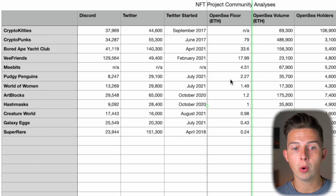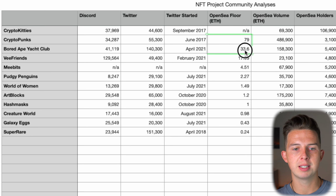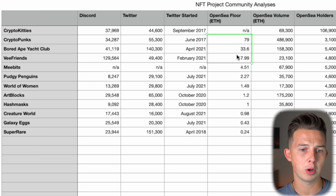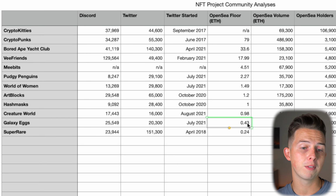And then we can also look at the floor in comparison to some other projects. The top 3, CryptoPunks, Bored Ape Yacht Club, and VeeFriends, they are really just on another level. So we're not really going to compare it too much to those. That's kind of the cream of the crop. If you want to launch an NFT project, that's your ultimate goal. Can it become as big as CryptoPunks? Can it become as big as Bored Ape Yacht Club or VeeFriends? That's ultimately the goal. So we can see they're pretty low right now in terms of the floor,